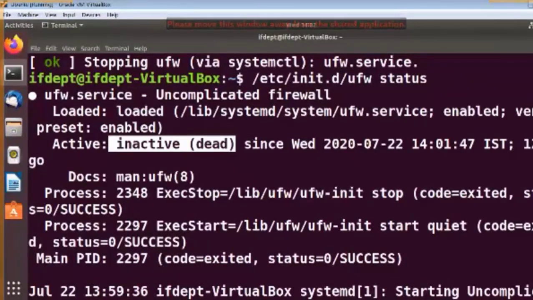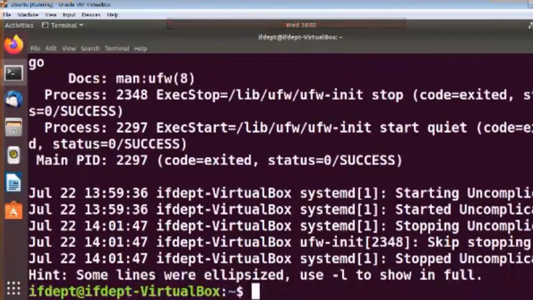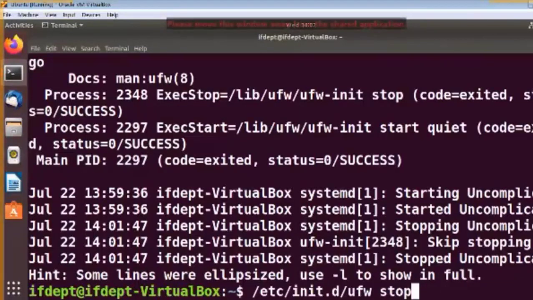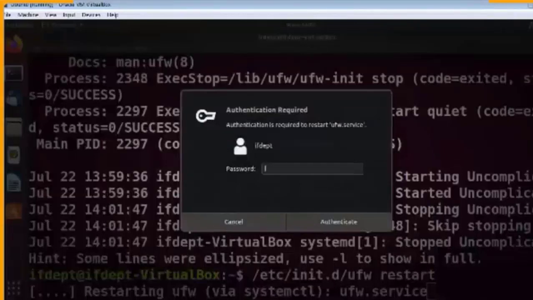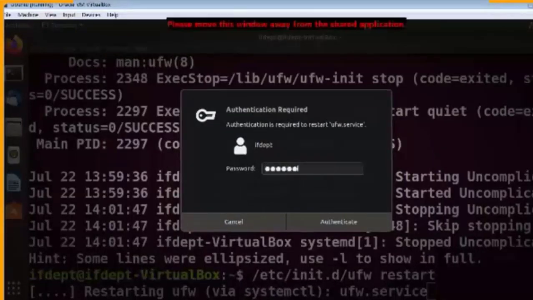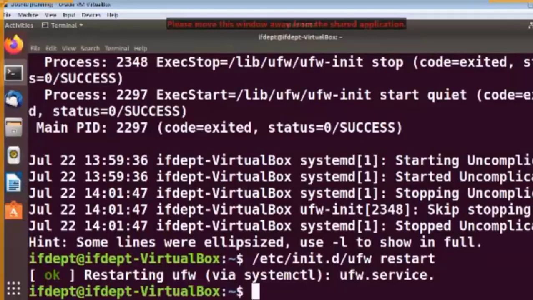Now let us say I want to start this service or restart this service. So what I will do here, instead of stop, I will write there restart. So again I will press enter. So here again it is going to ask me password. So here press enter, authenticate, right?